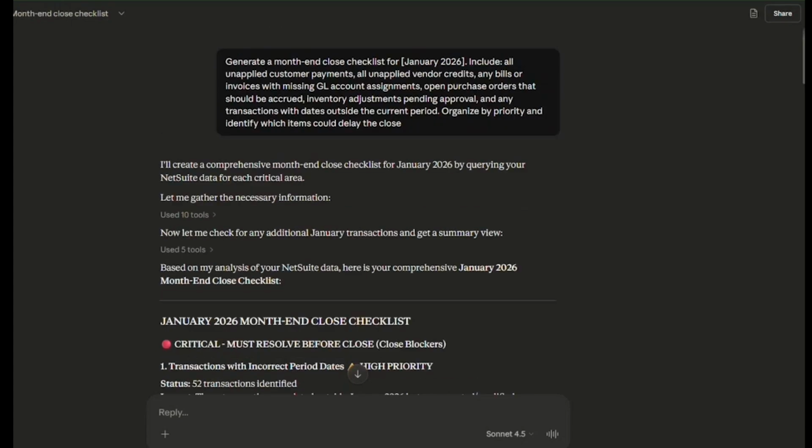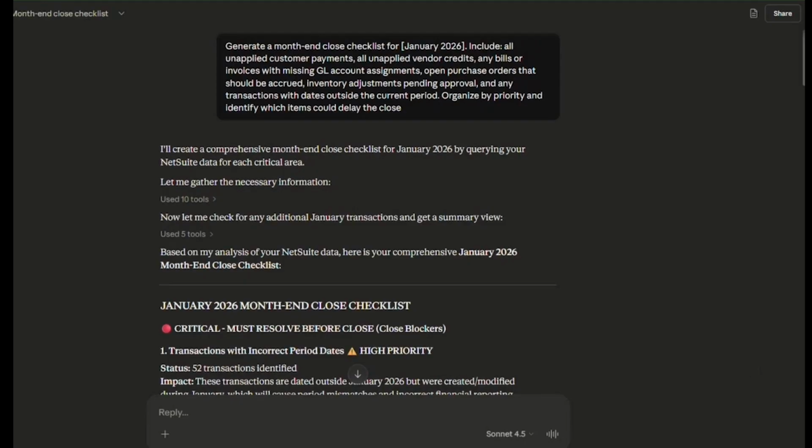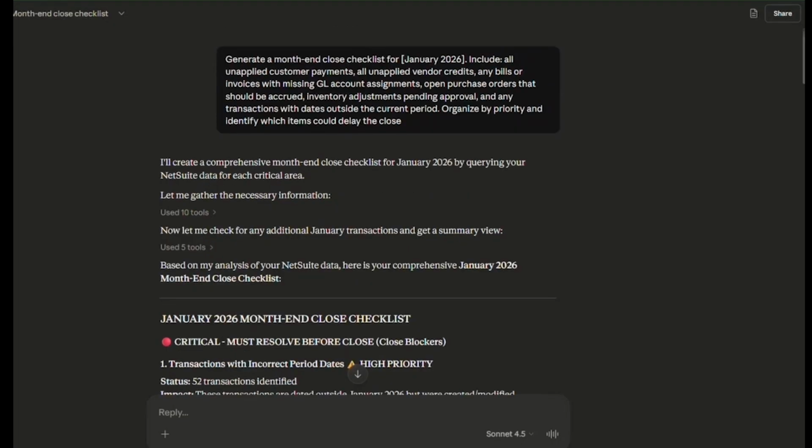So in this example, I'm asking it to create a month-end checklist. A lot of our clients, where we're implementing NetSuite, have a checklist, but it's very standard, very basic, and they do their checklist in Excel, right? Yeah. Some clients will have Flowcast or Blackline, one of those systems, but a lot of them can't because